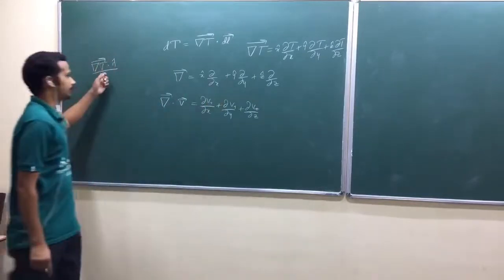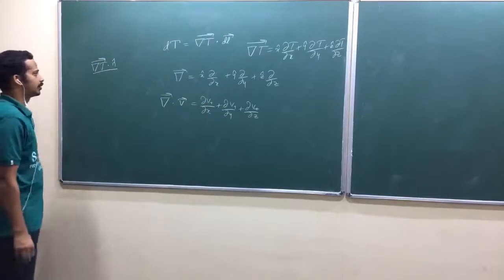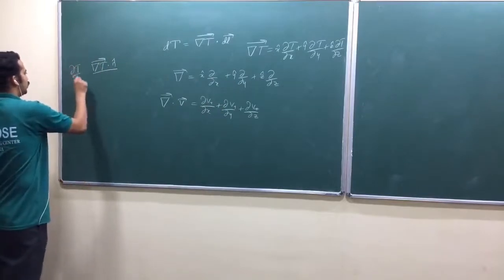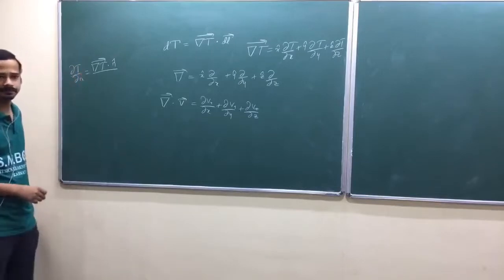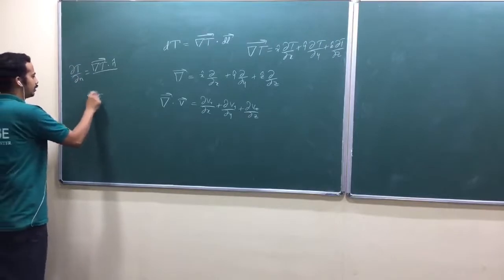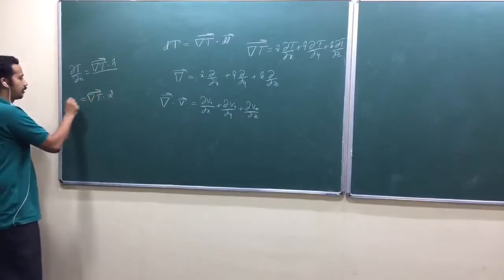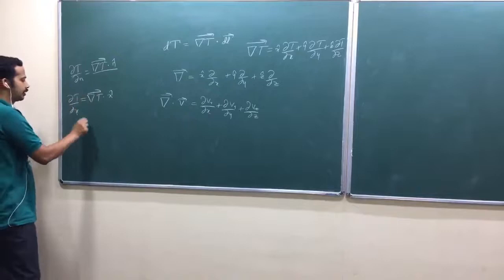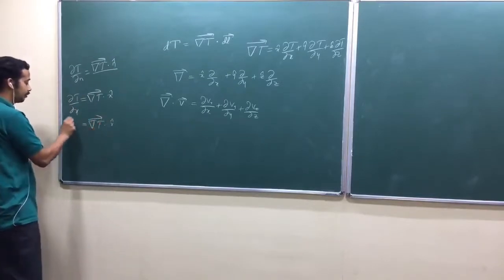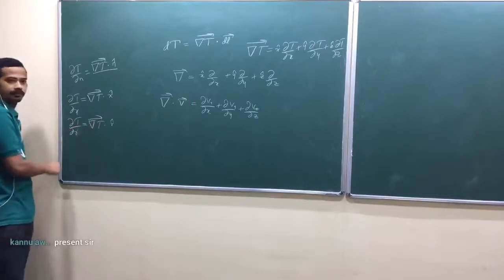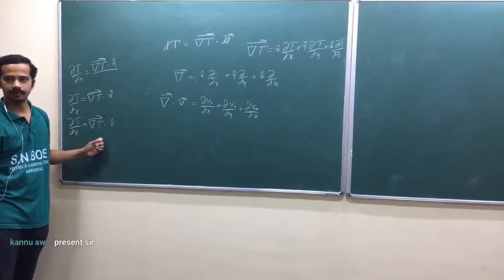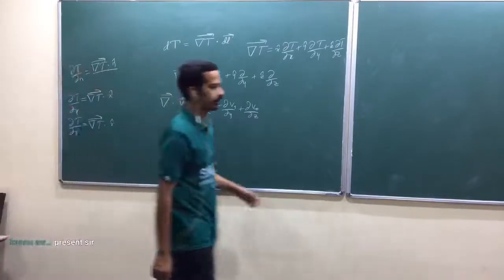This is called the directional derivative. So you can roughly write it as dou T by dou n, am I right? That's better. Dou T by dou n. Suppose if you have del T dot x cap, then what do you have to write? Dou T by dou x. Similarly, if you have del T dot r cap, what do you have to write? Now try to apply this to yesterday's problem. You will get that one.